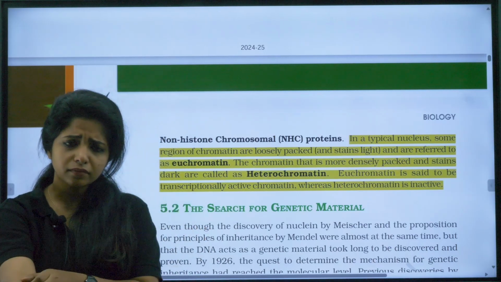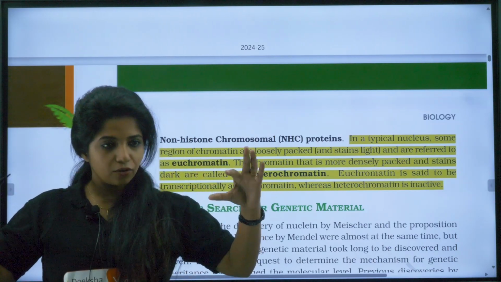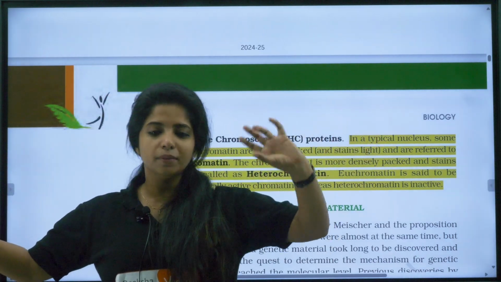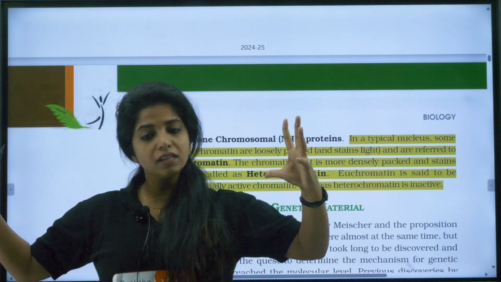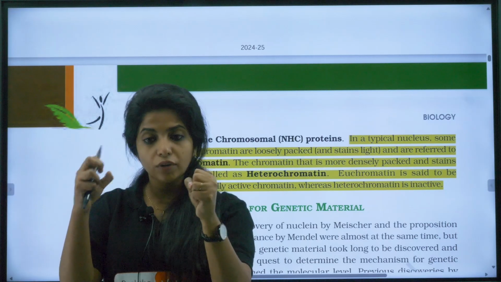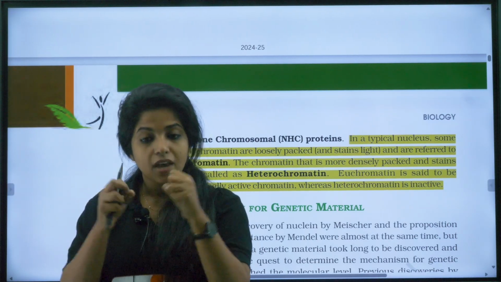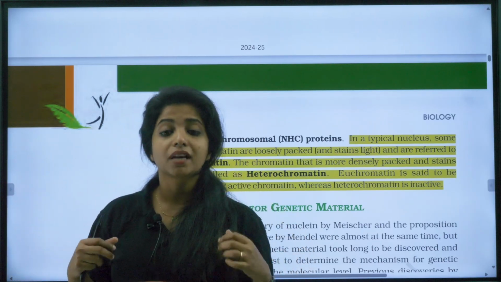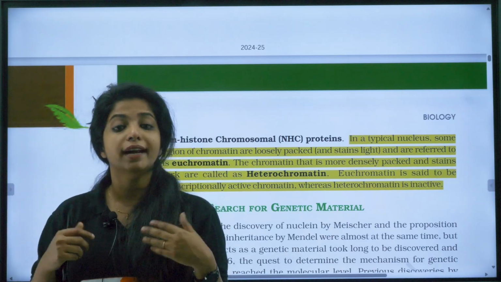So basically, when the nucleosomes are kind of apart, that means the chromatin is still there. Chromatin basically means you have the nucleosome and the DNA, right? Suppose this chromatin is condensed, more condensed. Now the nucleosomes would be close. Now the 2 different nucleosomes will be close. This structure you call as heterochromatin. When they are loose, when they are a bit far away from each other, you call this as euchromatin. So there are 2 types of chromatin fibers. One is euchromatin, and if they are close, you call it heterochromatin.